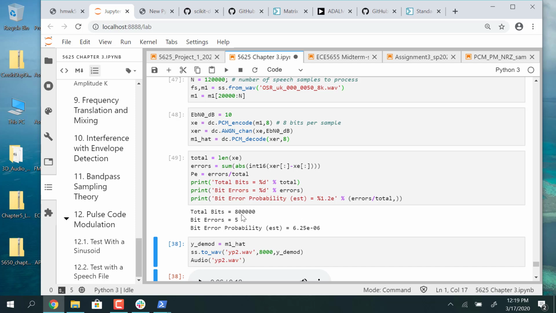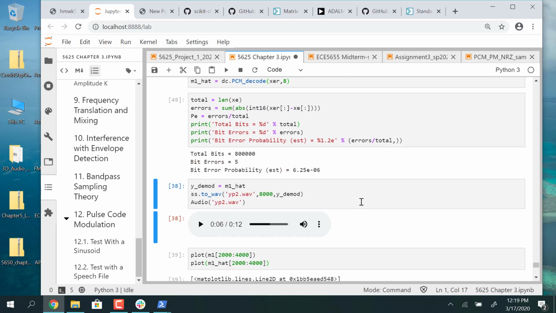In this case, 800,000 bits were sent through, and 5 bit errors occurred. And if we go ahead and listen to this,